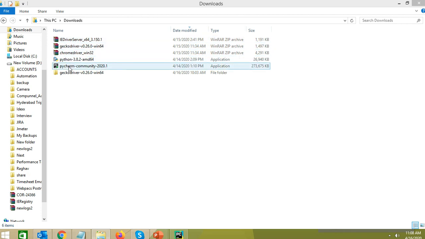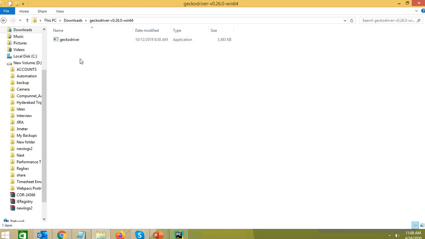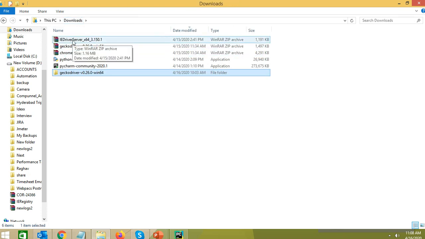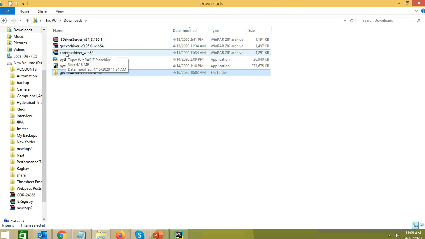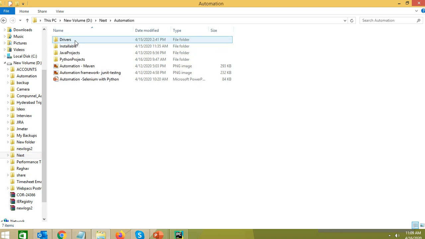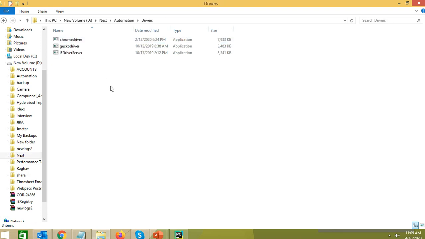So we need to unzip these files. I have unzipped this driver for Firefox, and there will be one exe file inside it. Similarly, there will be one exe file for Edge, and there will be one exe file for Chrome. I have placed all my drivers in a particular folder. So here all drivers I have placed.